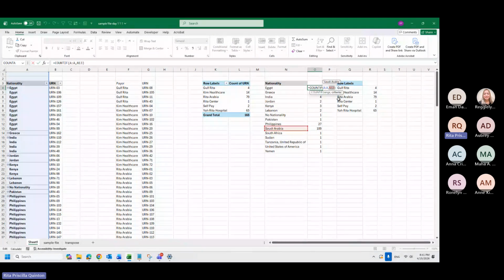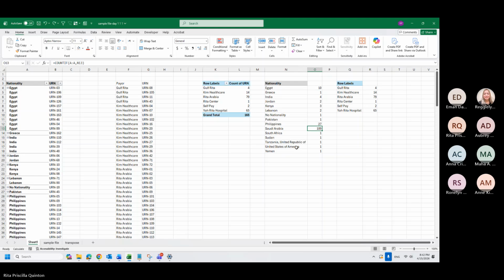But of course, it's not reasonable to put a Saudi Arabia here beside Egypt. That's why I put Egypt a while ago. So usually when we do this, it's the one beside it. Okay, I just wanted you to know how to read the formula. For example, Saudi Arabia, I want to change it, make it Kenya or Jordan, for example. So it will change based on your criteria, not based on what's beside it. Okay.